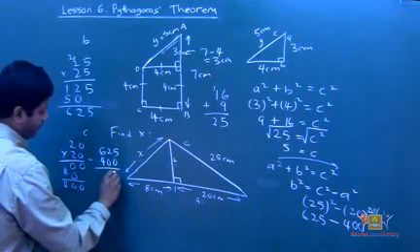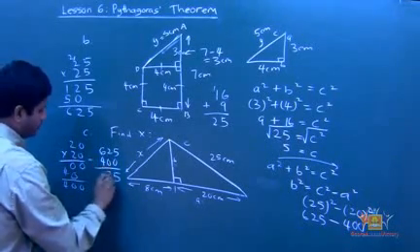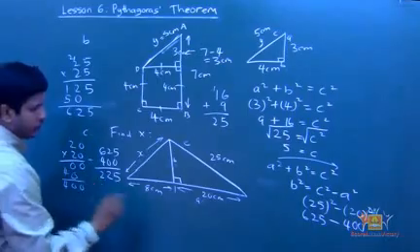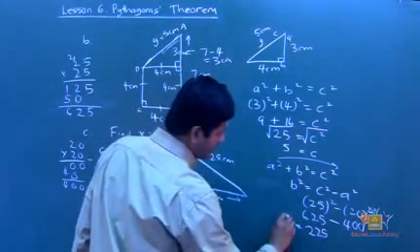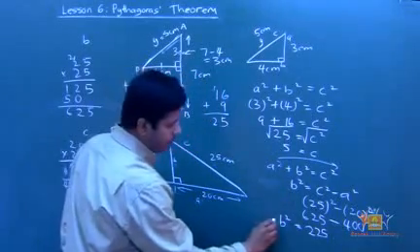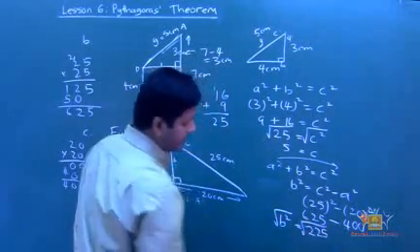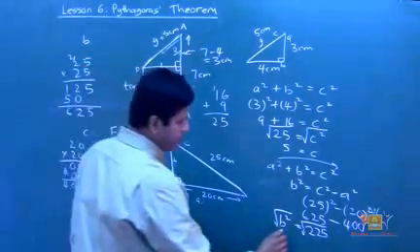5 minus 0 is 5, 2 minus 0 is 2, 6 minus 4 is 2. So that gives me 225, which is B squared. See that? I'm looking for B, so I'm going to take a square root. That means I have to square root both sides. So B equals